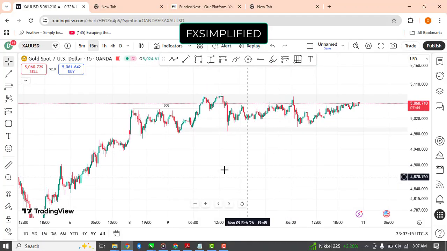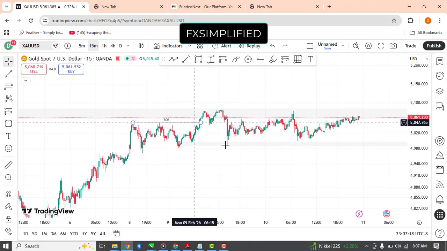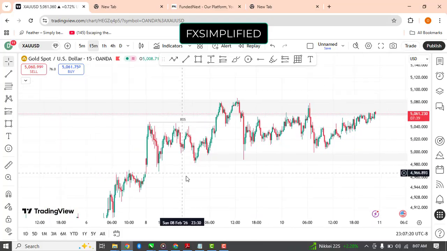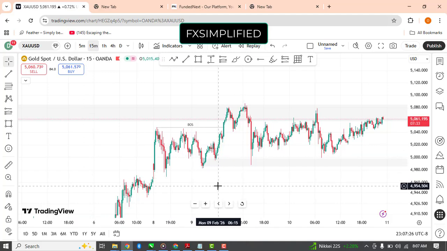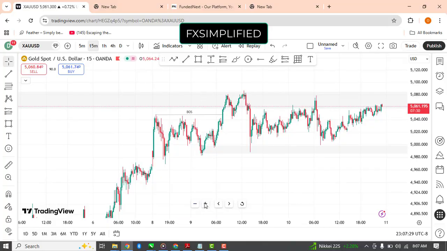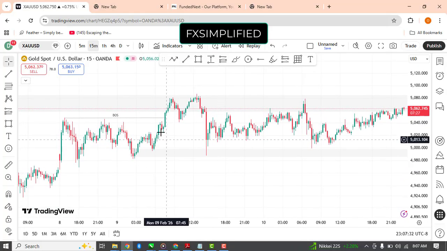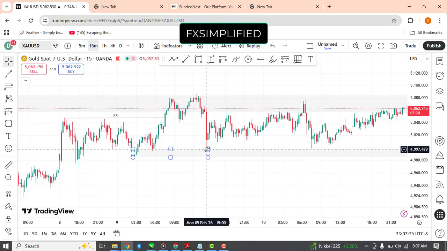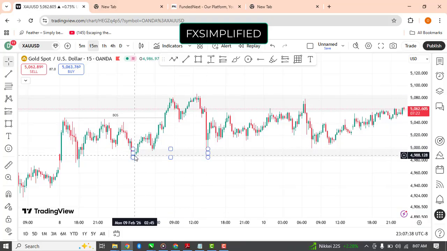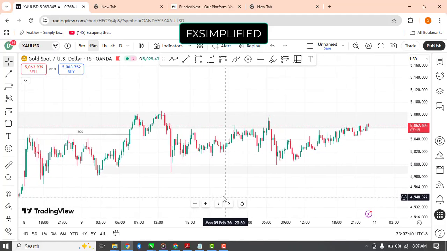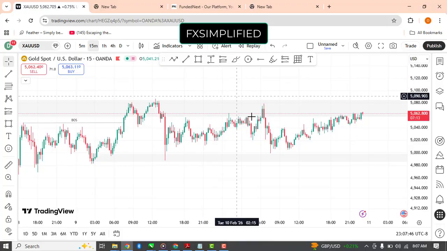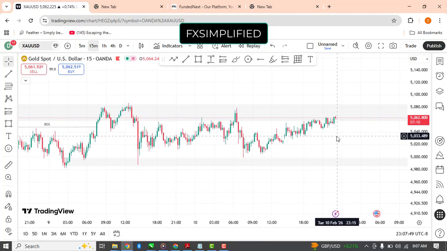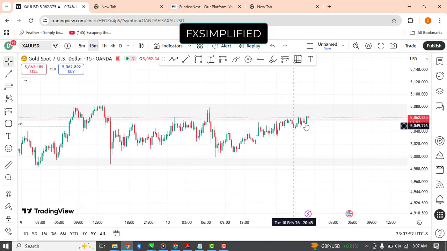So right now you can see that there is a previous break of structure, before price respected the previous supply zone on the left side, the one I showed you at 1 hour. After price broke through this structure, price came all the way down to respect this demand area. What I expect price to do is create a new higher high, but price is yet to create a new higher high. So at this current price, we can't enter the trade.